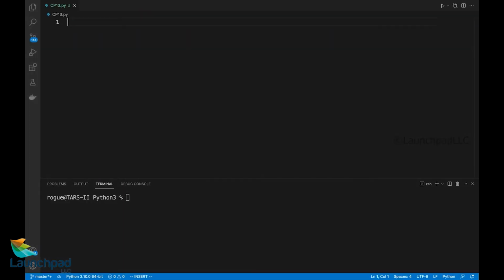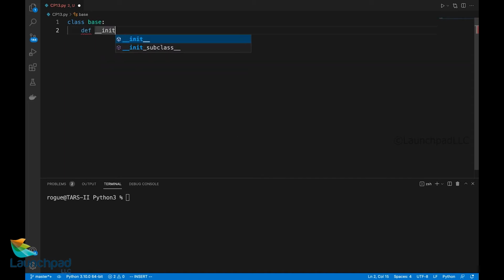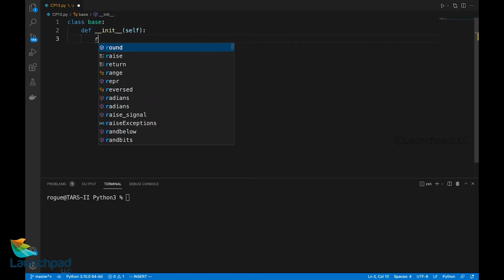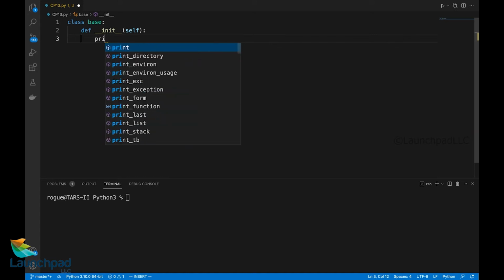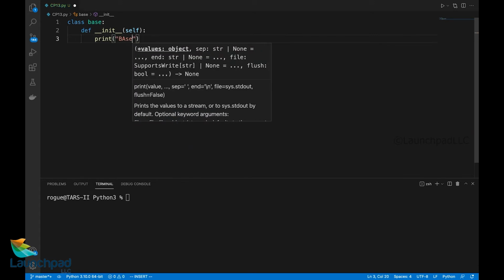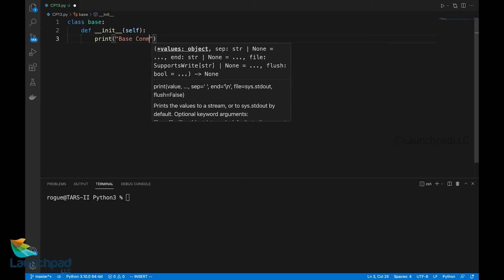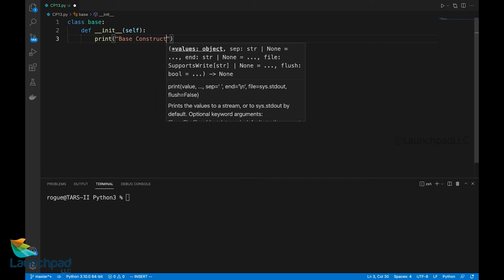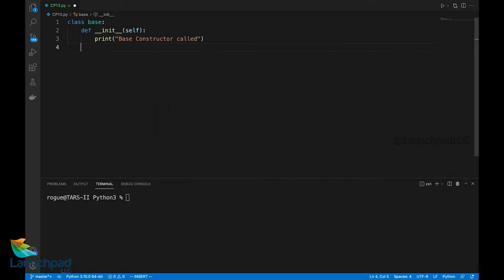Let's create a base class called class base, within which I'm going to create the constructor __init__, which takes the keyword self, and here I'll simply print base constructor called.